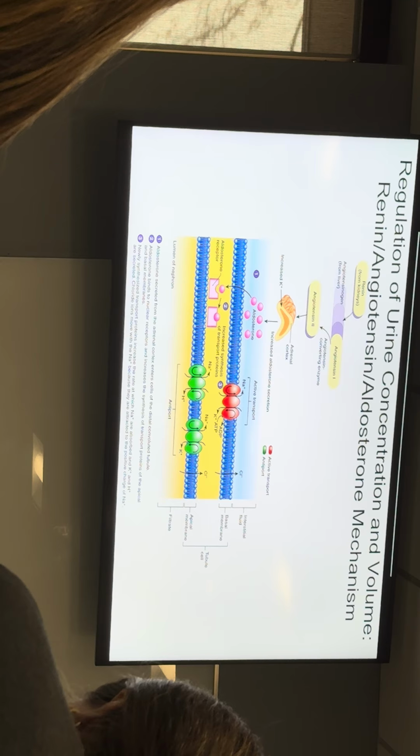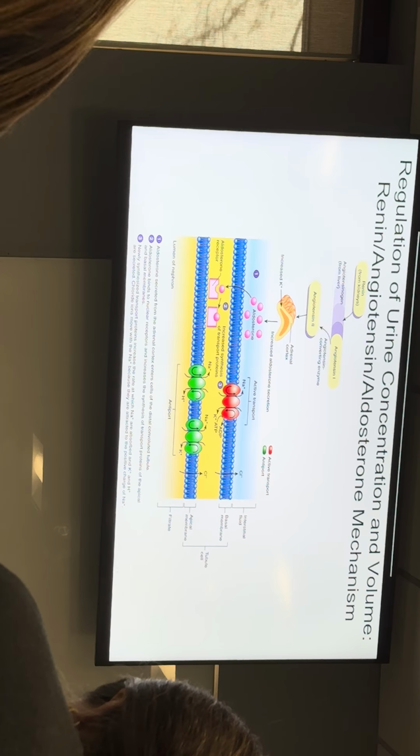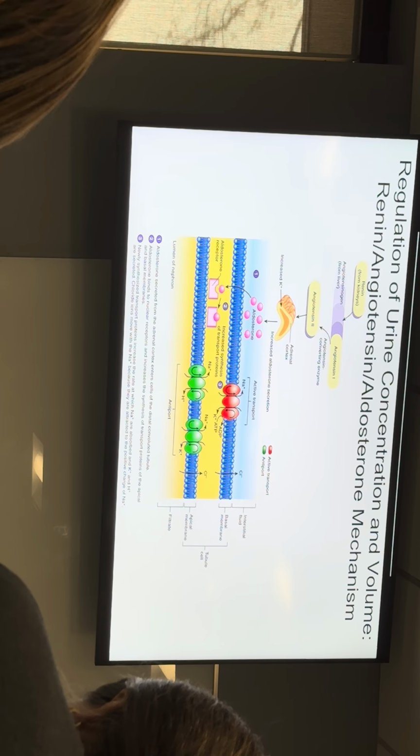And so what that means is today, if you go for a run and you work out a bunch and you sweat a bunch and you sweat out all your plasma, that's what sweat is. You sweat it out, your blood pressure goes down. What will happen is today you'll release aldosterone, and that means tomorrow you'll retain sodium.